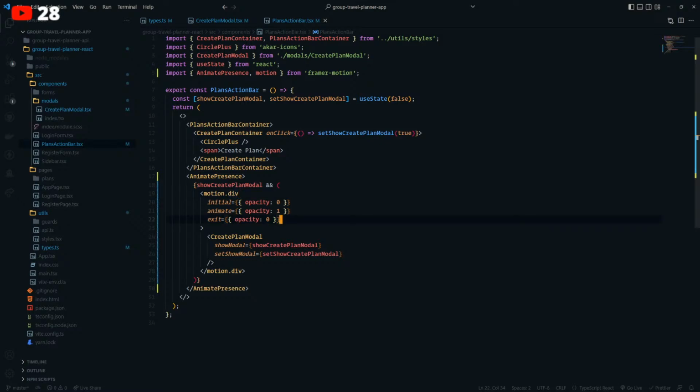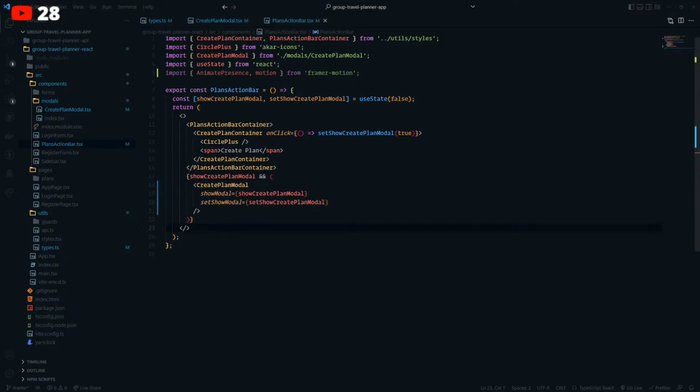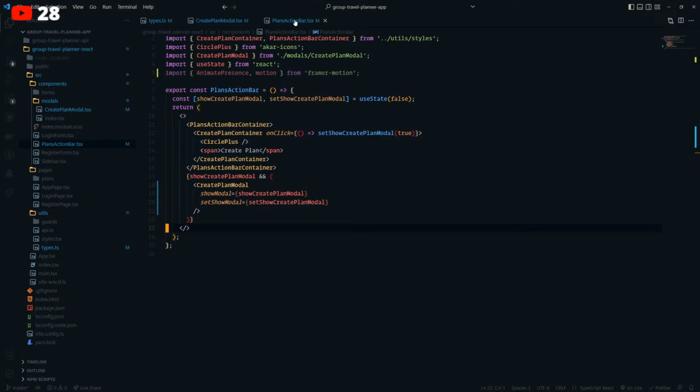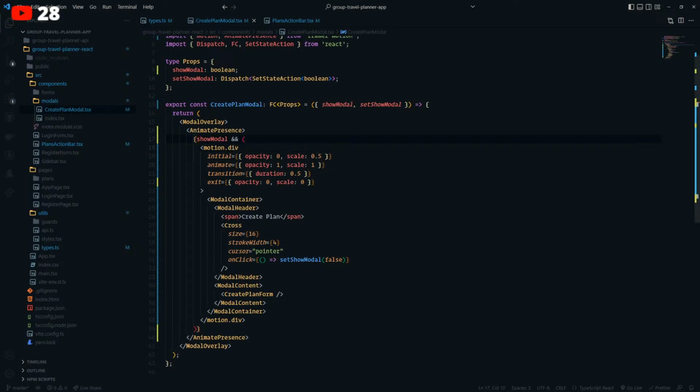Okay. Now let me just do this real quick. Let me remove this motion.div. Let me remove this again. Let me see what this does. And obviously we are conditionally rendering this right over here. If I do this, it's not going to show that, right? So we have that over here as well.